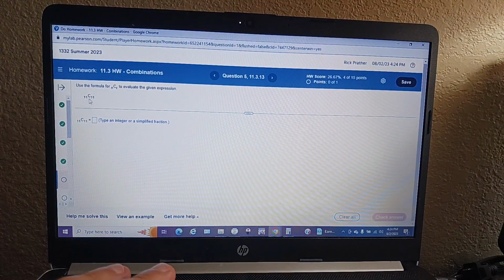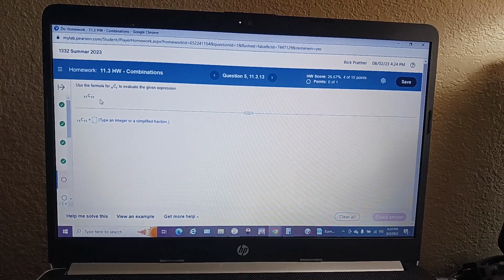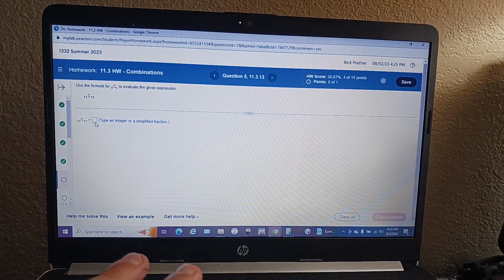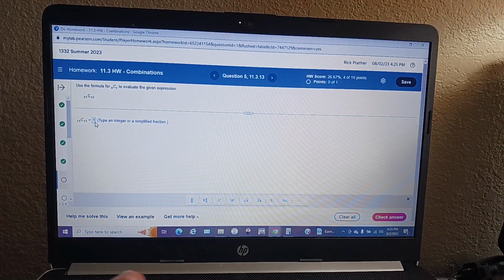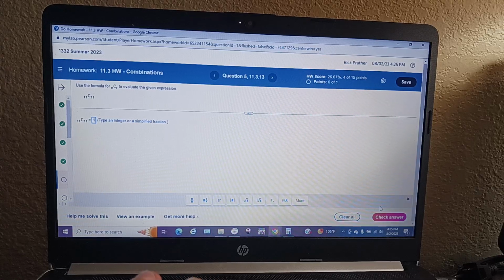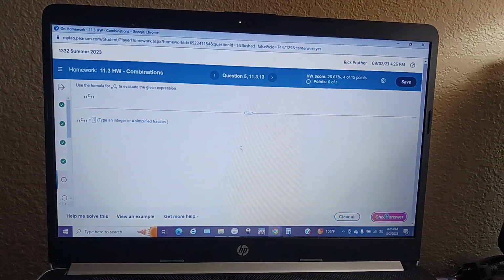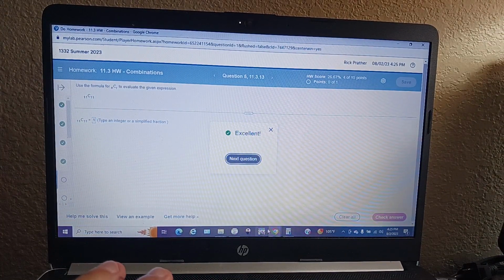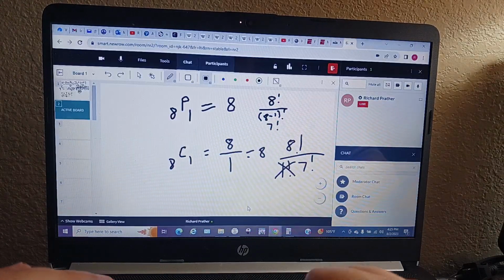If both numbers are the same, then in a permutation, you get that number factorial. If this was 11 permutation 11, the answer would be 11 factorial, and you'd have to do 11 times 10 times 9 all the way down to 1. If it's a combination, the answer is just automatically 1, because what's going to happen, whoops. There we go, something clicked there. Okay, so see, the answer is automatically 1, because what's really happening is